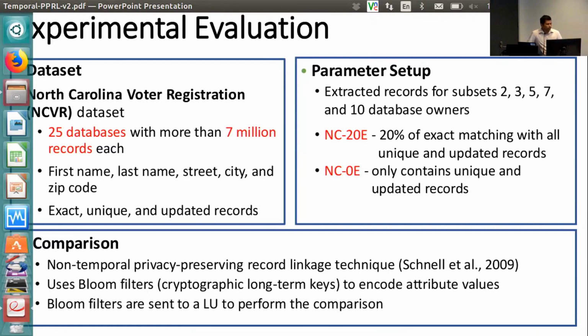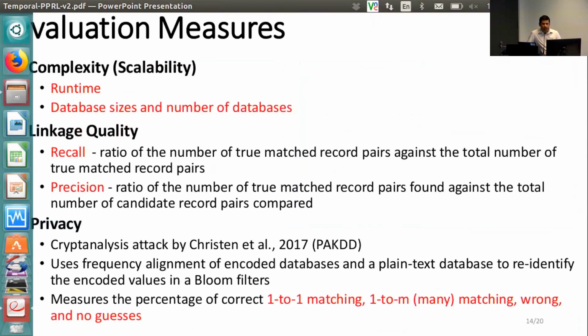About the evaluation measures, we use runtime to measure the scalability, and we do this in terms of database sizes and number of databases. And the linkage quality we measured using standard measures of recall and precision. And in order to measure the privacy, we use a cryptanalysis attack proposed by Peter, Rainer, Dinush, and myself in